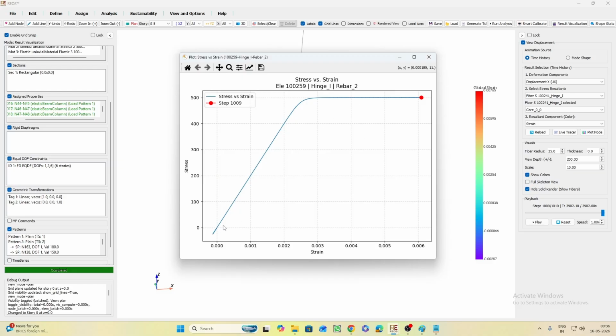Since this is monotonic load application, pushover is actually monotonic, instead of seeing a cyclic hysteresis behavior, you'll see a monotonic backbone curve only. So up to here it is linear elastic, then this is the plastic zone. So now at the end of the analysis,